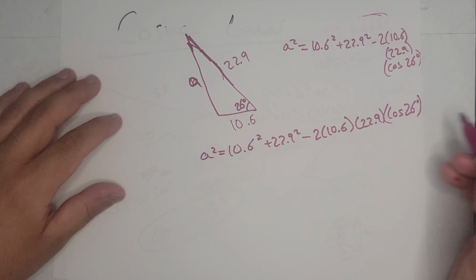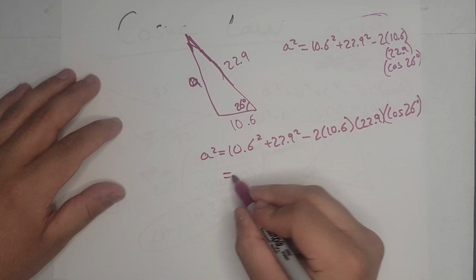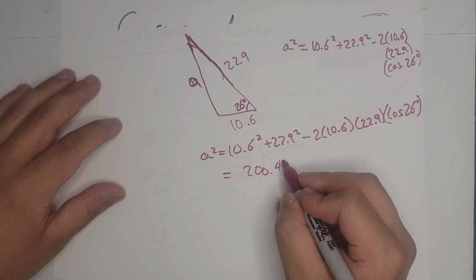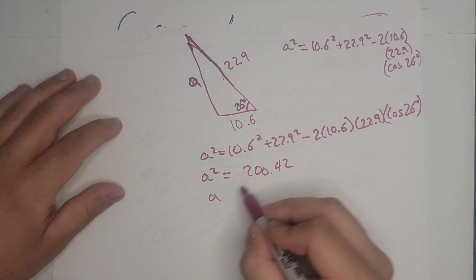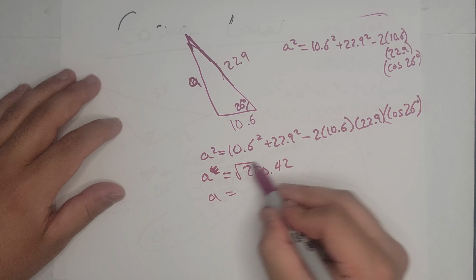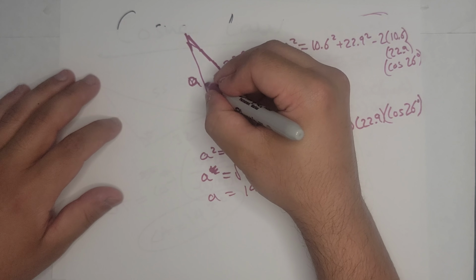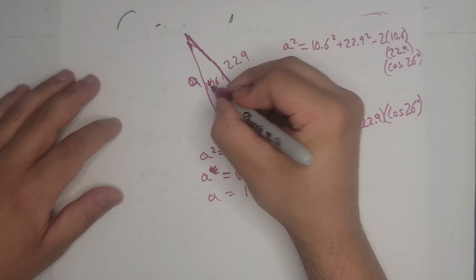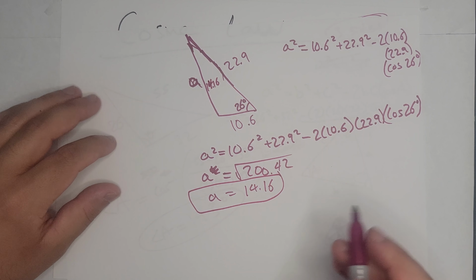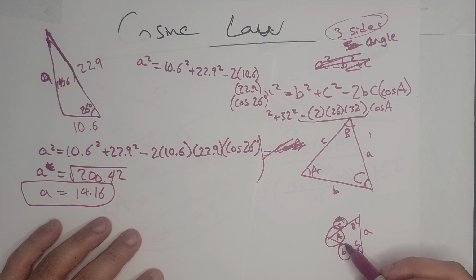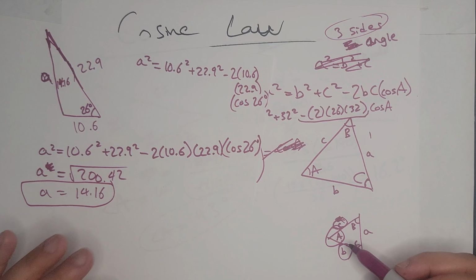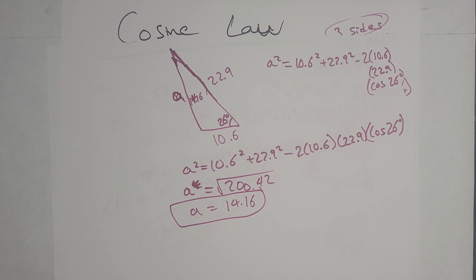Now all you have to do is solve for this. And if you just punch all that into a calculator, you get 200.42. And that's A squared. But A is going to be the square root of that, so you're going to get 14.16. And that's the example of us using this, if we have an angle and the sides on each of it. So yeah, that has been us using the